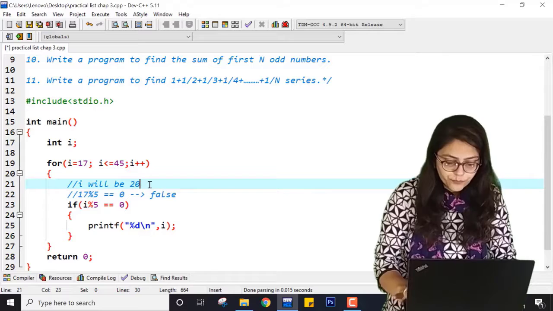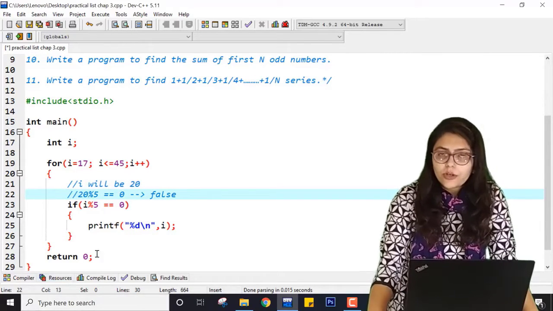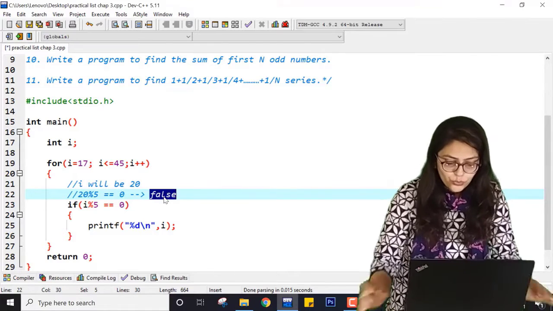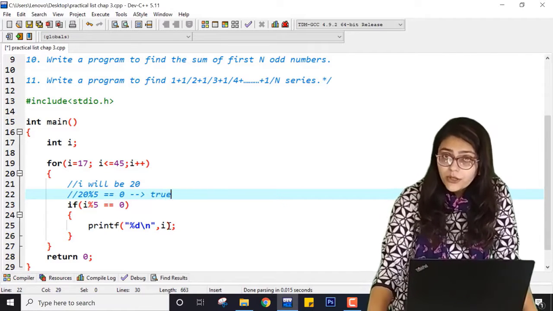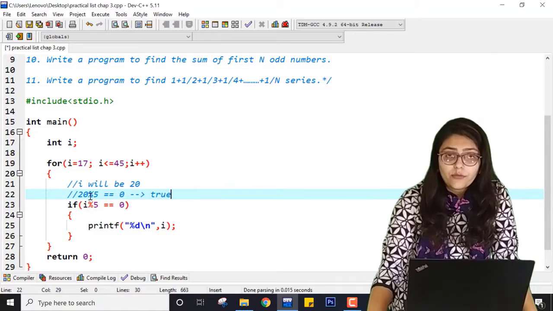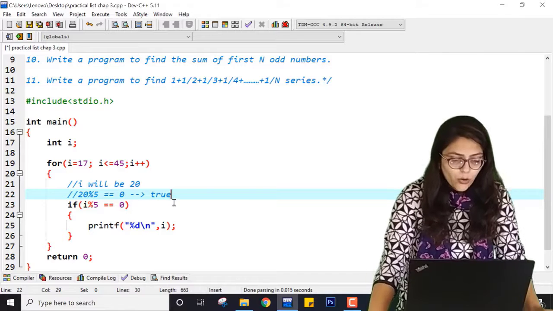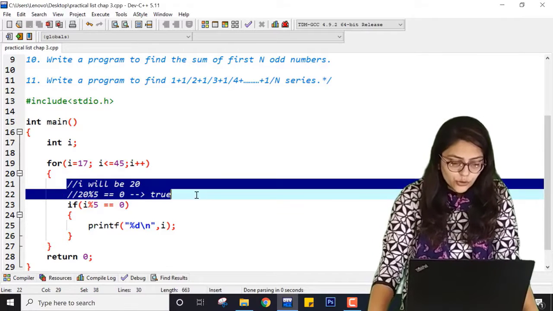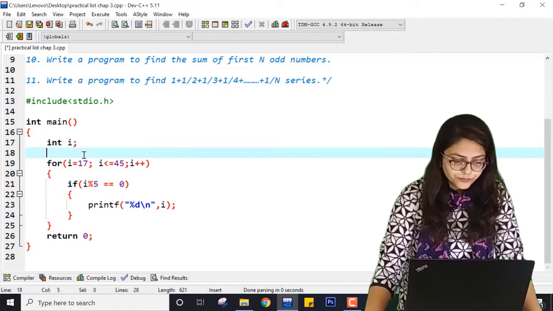For 20, 20 modulo 5 equal to 0 is true. That's why it will go inside and print that particular value of i. At that point the value of i is 20, so 20 will be printed. I hope you understand this concept. This is all about finding the multiples of 5.